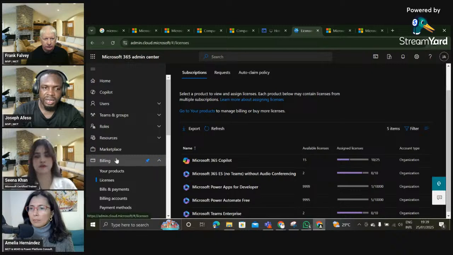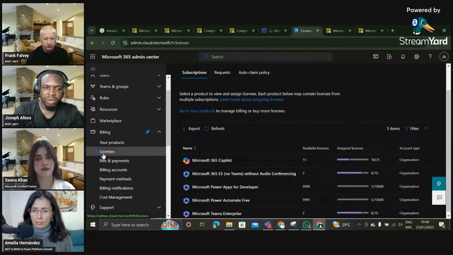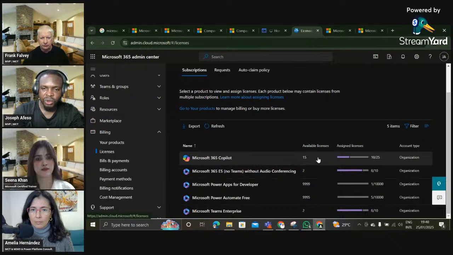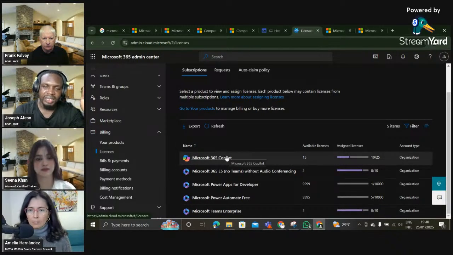So where we are right now is the M365 Admin Center, and then coming down to billing, you may be able to see, depending on your environment, either marketplace or licenses or something relating, or billing and payment. So if I click on licenses, I would see the licenses that I have. Right now, this is where you can go to check how many of those licenses you have, how many of them you have assigned to people, who you have assigned them to. This is where you can truly know,